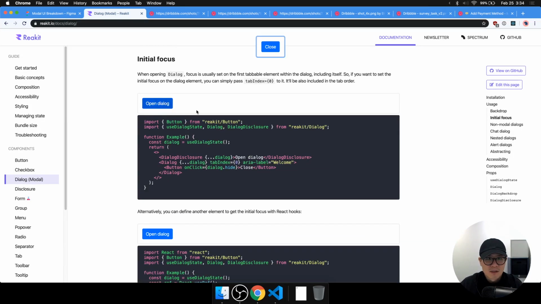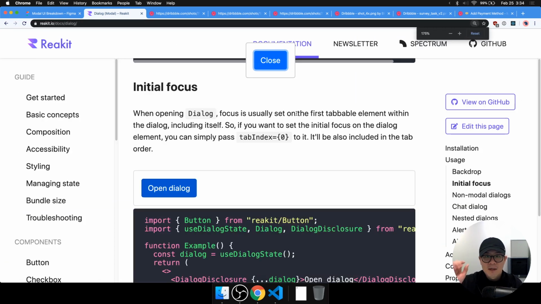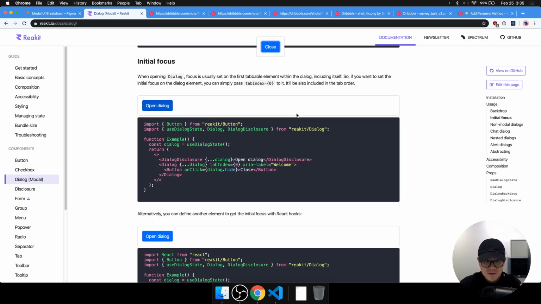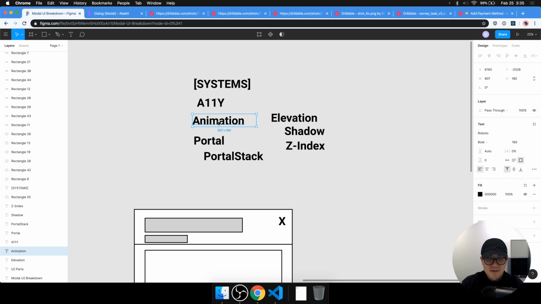What I mean by that is initial focus. Yeah. So here you can see it's tabbing. Hopefully you can see. It's tabbing. If I press tab, it tabs to the button. If I press tab, it tabs to the portal or the dialogue itself. And if I press tab again, it cycles between the dialogue and its contents. It doesn't jump beyond or outside of the dialogue box. And within the context of UI, this kind of system or this kind of pattern is known as focus trapping. So I'm going to write this here,